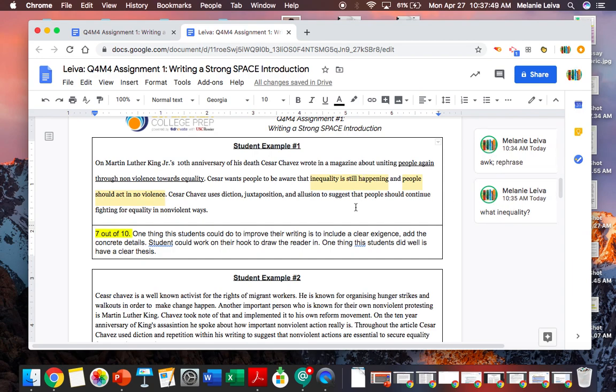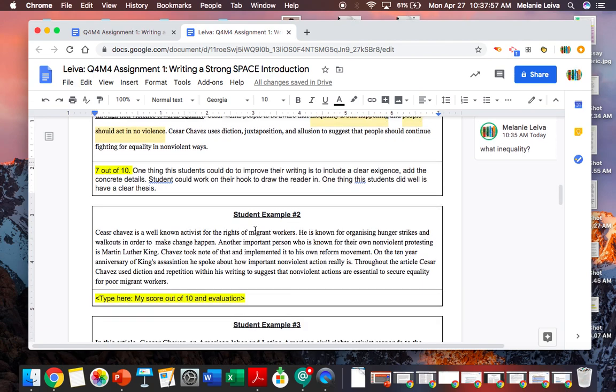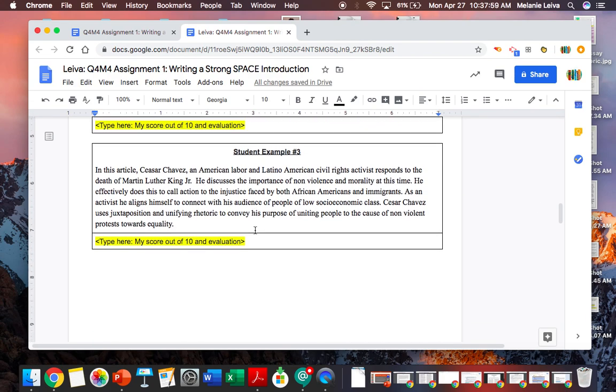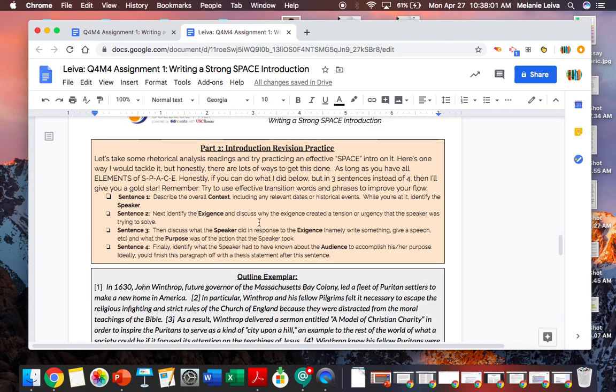This is as much as you get out of it. So if you put in a lot of effort to think about how you would revise something, that's going to help you in the long run become a better writer, okay? So you're going to do that for example 2 and example 3. When you're finished with those student grading